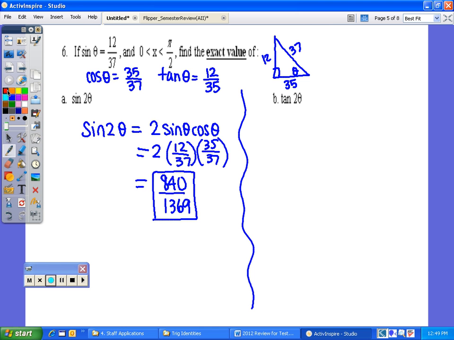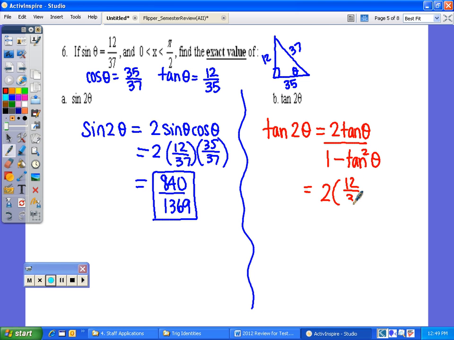Turn your paper over and look at the expansion for tangent. You'll notice that the expansion for tangent is to double tangent on the numerator, and in the denominator you have to subtract by the square of tangent. So that's going to be 2 times 12 over 35, all over 1 minus 12 over 35